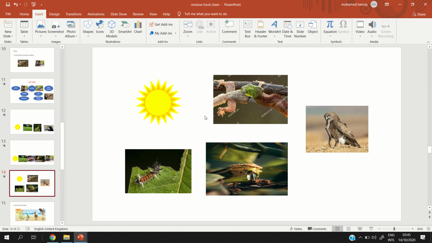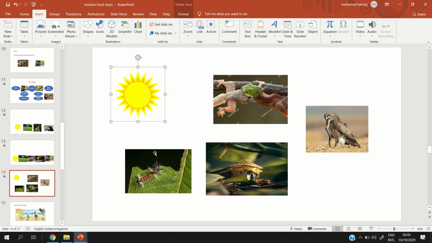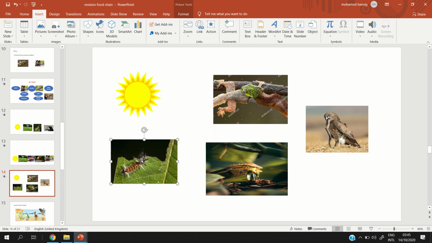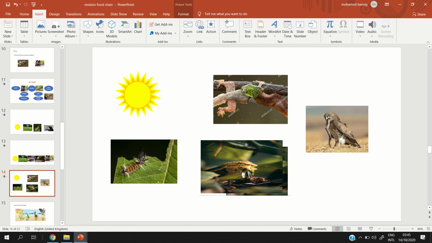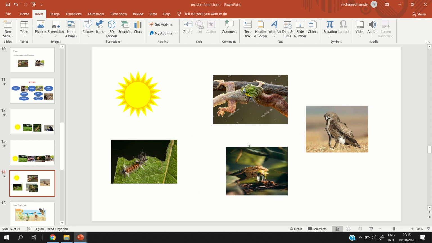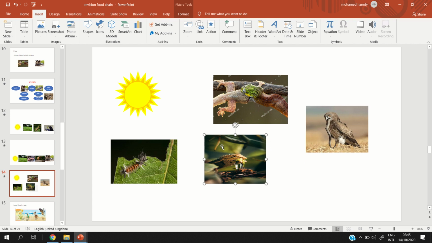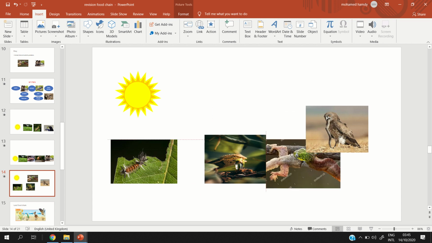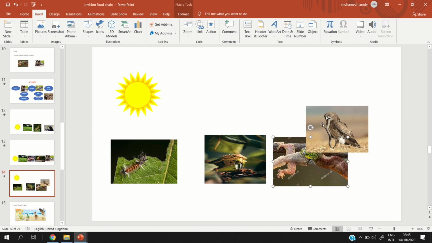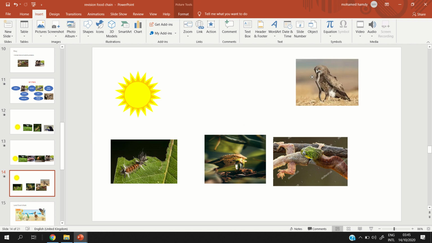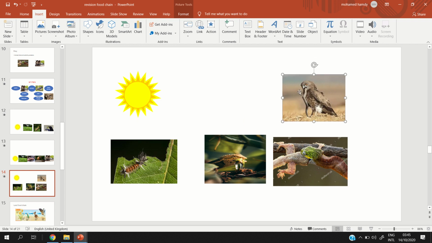Number one, all the food chain starts with the sun. Super great too. After the sun, the plant, and the insect eats the plant. And who will eat the insect? The lizard. Super great too. Okay, the lizard. And after the lizard, the snake will come and eat the lizard. And who will eat the snake? The hawk. Okay, so I want you now to look at this food chain and tell me